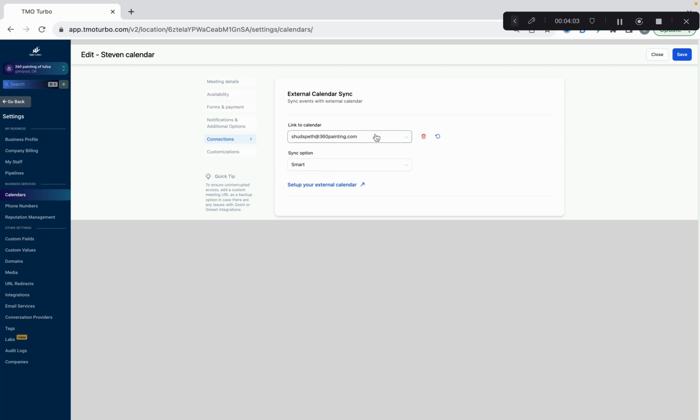And then connection, what calendar you want to sync it to. So once you sync it to that calendar, then you have to choose, do you want a smart sync, two-way sync, or a one-way sync? So this is very important. One-way sync means no matter what, it'll get on this calendar and we're going to push it to your Google Calendar. Two-way sync means that if you create something on Google Calendar, it'll automatically put on your calendar